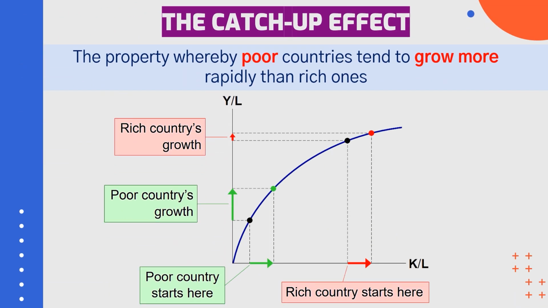Now let's explore a fascinating phenomenon in economic growth theory called the catch-up effect. The catch-up effect refers to the idea that poorer countries tend to grow faster than richer countries, allowing them to narrow the income gap over time. This happens because low-income economies have more room for improvement, while advanced economies grow more slowly due to already high levels of productivity and capital. That's how it works. So an additional unit of labor or capital in developed countries, which are already rich, results in a smaller increase in output per unit, while poor countries have wider space for development.